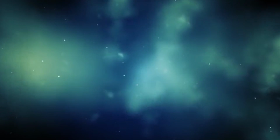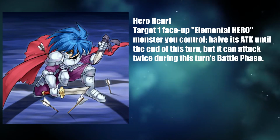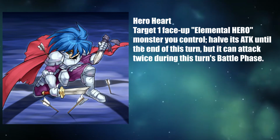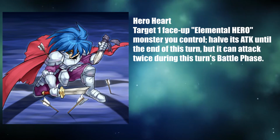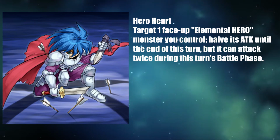The next card is supposedly hero support, but why they didn't just choose to use a hero monster, I have no idea. In any case, Hero Heart depicts a knight on a blank field having arrows scattered around him clutching a broken sword. The art for this card is almost painfully lackluster without any bit of visual flair to distinguish it. The red cape helps, giving the card some presence, and the tattered and split edges help to emphasize its ragged nature. The pose helps as well, shoulder turns slightly...